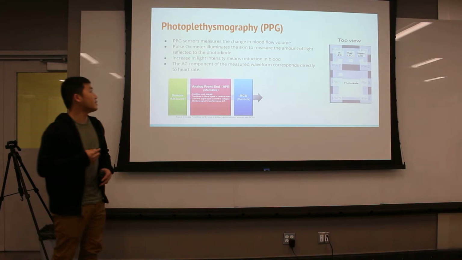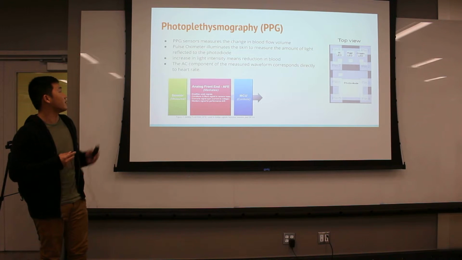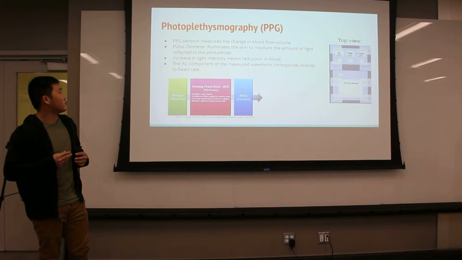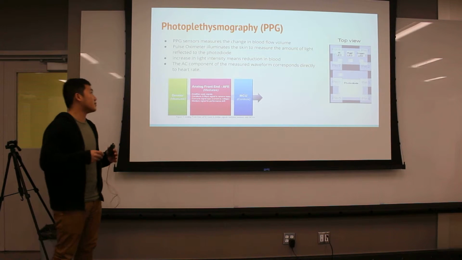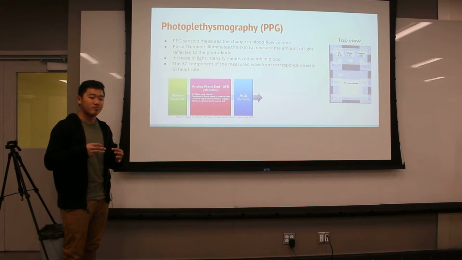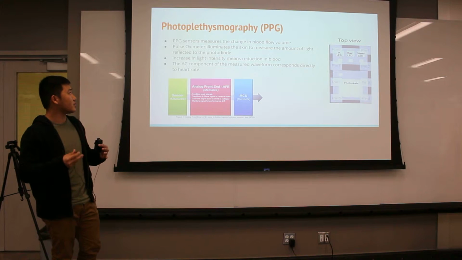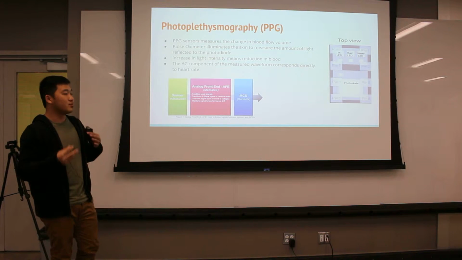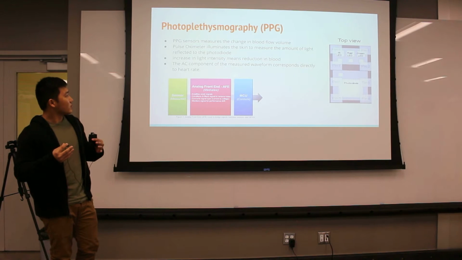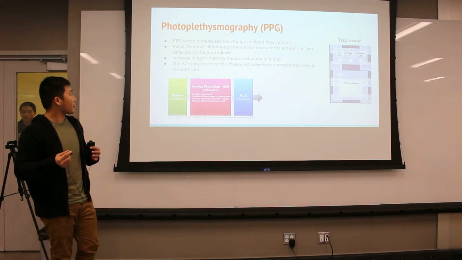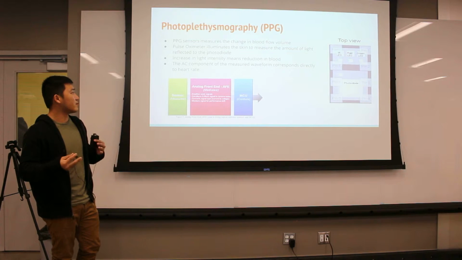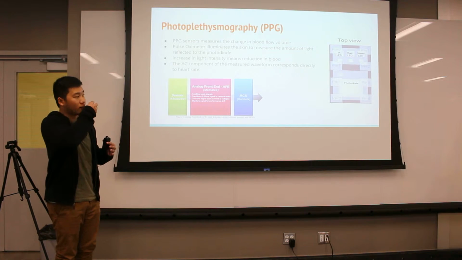Alright, so the technique we're using is called PPG, which is that word right there. And we're pretty much measuring the change in blood flow volume. We're using a pulse oximeter, which will light the skin, and will measure the reflected light with the photodiode. And since blood absorbs a lot of light, if there's a reduction of blood, you'll see an increase in light intensity. And the AC component of the measured waveform is pretty much going to correspond to the heart rate